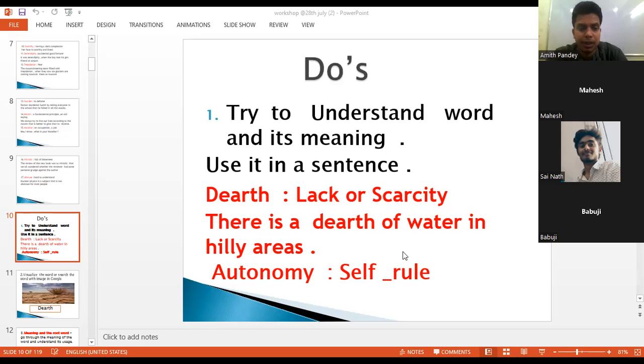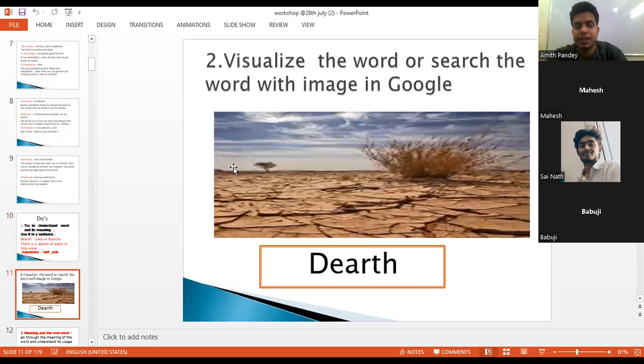Okay. So next we are heading towards the second trick, that is visualization. Now let me tell you what this visualization is. Most of the time, what we do is we just search the word, and just by going through the meaning, we try to learn it by heart. But the second method is, obviously,